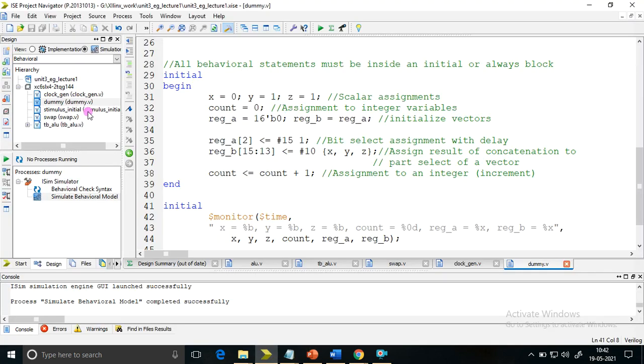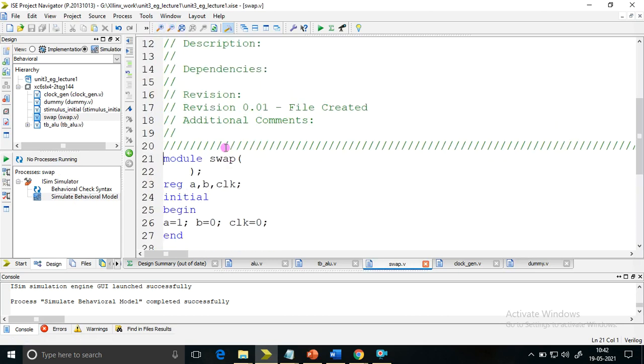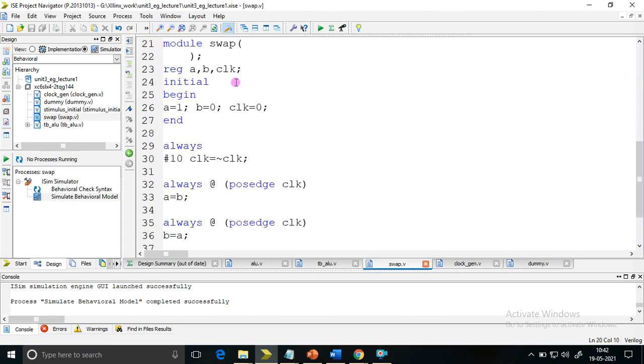I have the swapping code already written in order to save time. Module swap, with no inputs and outputs, just for conceptual understanding. I define reg A, B and clock. I initialize A equal to 1, B equal to 0 and clock equal to 0.